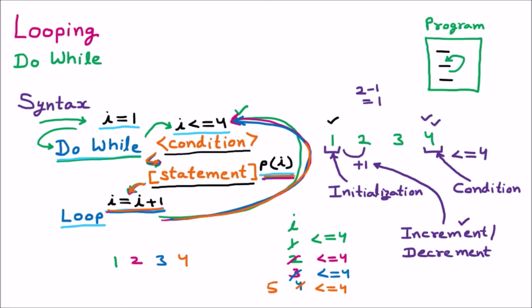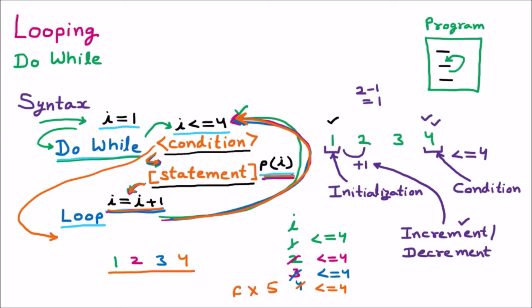Again going back and checking the condition. Here we can see that the 5, the condition is false because that is not less than equal to 4. Condition is false. So it will be directly coming out after checking the condition. So here this is how we have printed 1, 2, 3, 4 sequence.